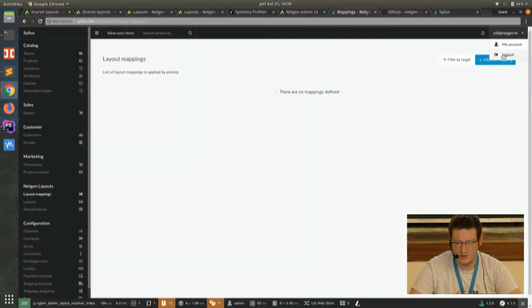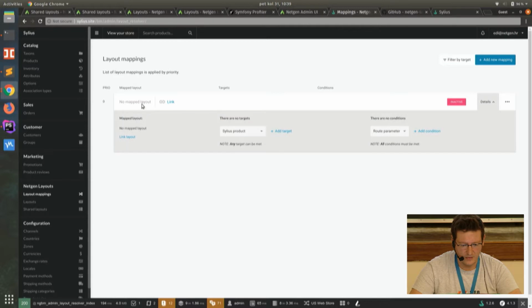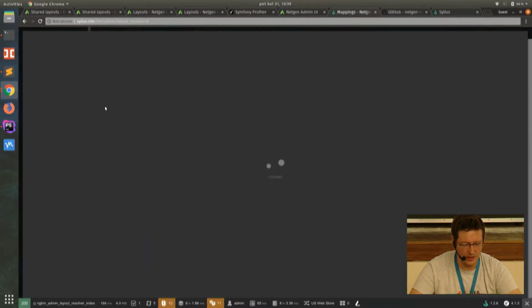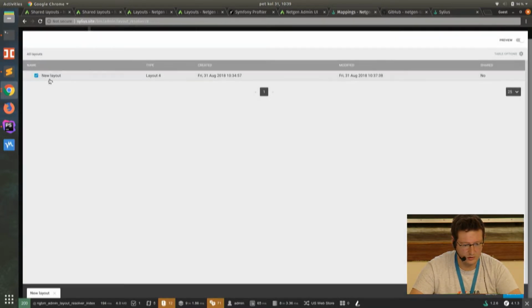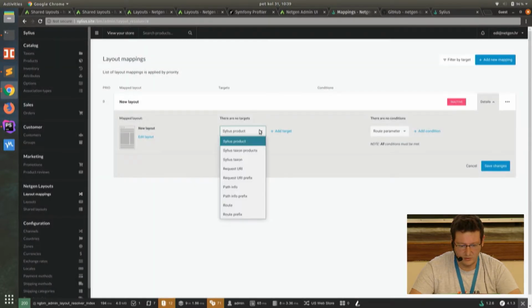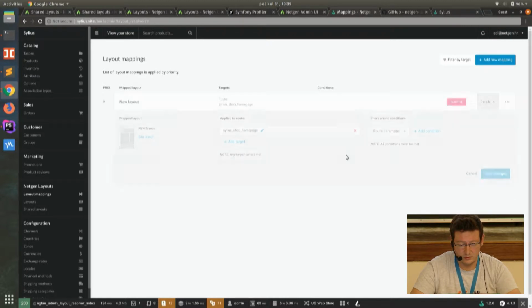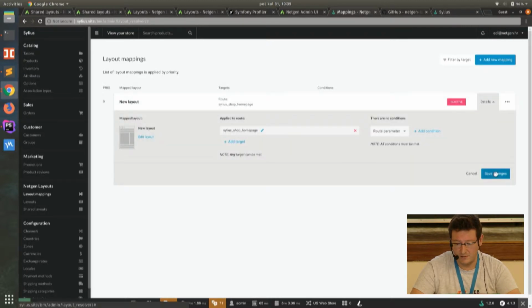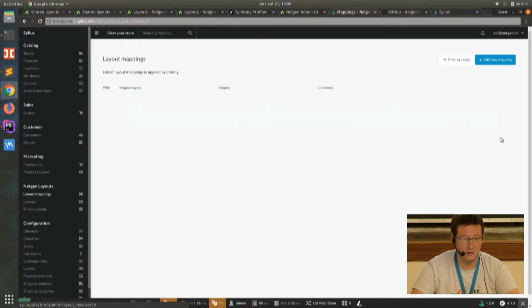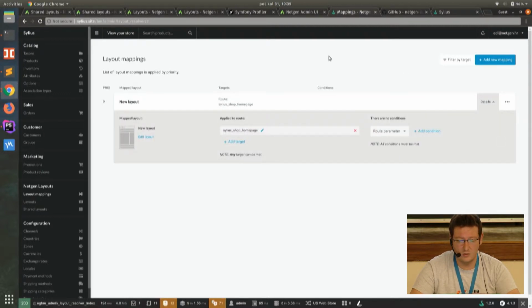So once I create a new mapping and I say, link me a layout, the layout I created, attach it to a route, Sylius shop homepage, save changes, activate the mapping, and now